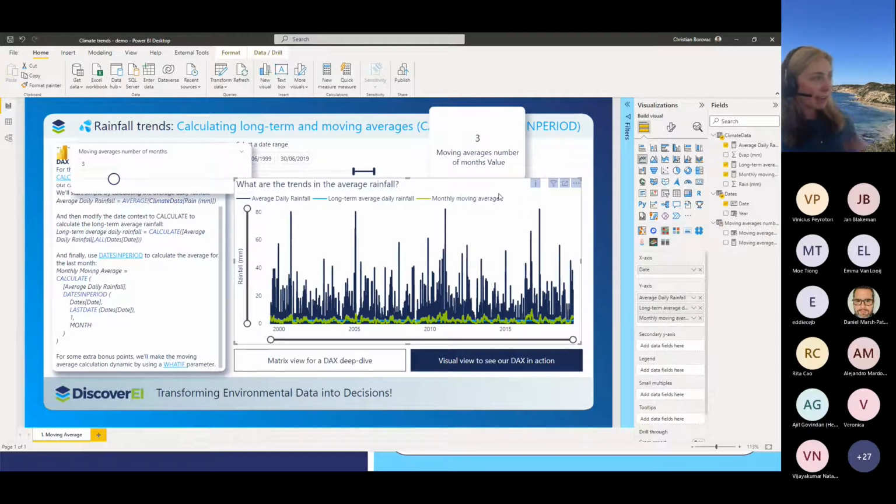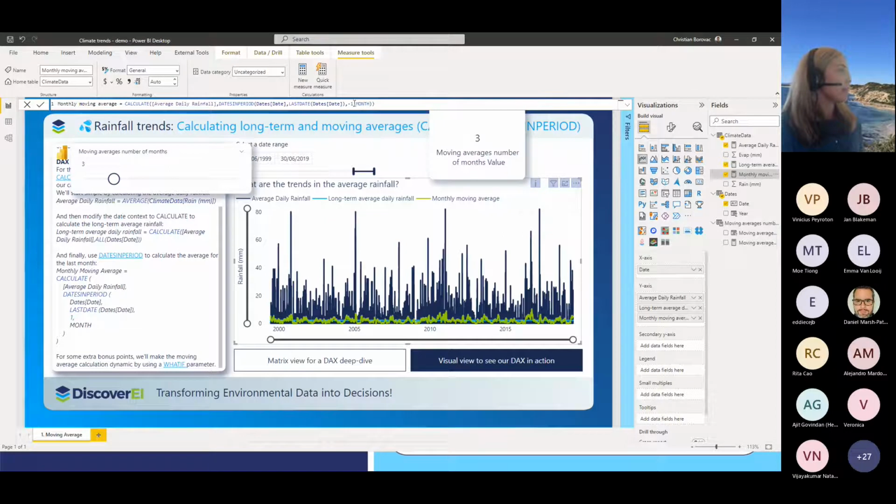If we want to tie it into our calculations and make a dynamic monthly moving average, then what we can do is just simply edit this measure. So here I want to do -1 multiplied by that measure for the moving average number of months selected.